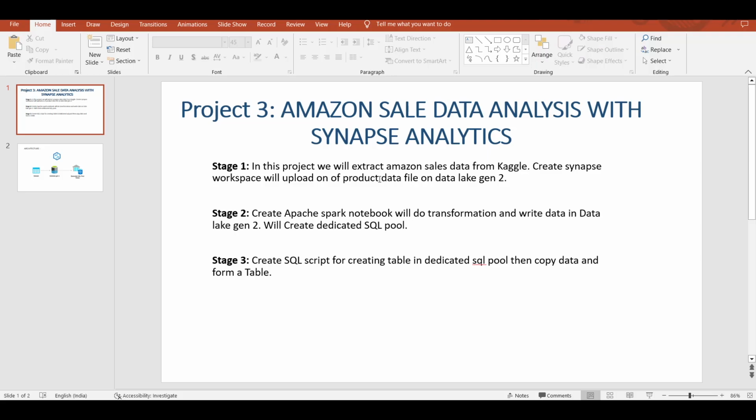Then after that, I'm going to create a dedicated SQL pool. Okay, so a dedicated SQL pool is nothing but an Azure SQL data warehouse, which mainly focuses on big data, where you have more than 30 million rows. So it is very important to use this dedicated SQL pool. It is known for its massive parallel data processing engine. So I'm going to create one table here and copy the data